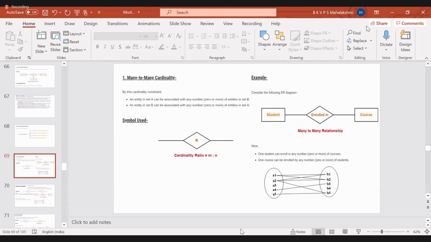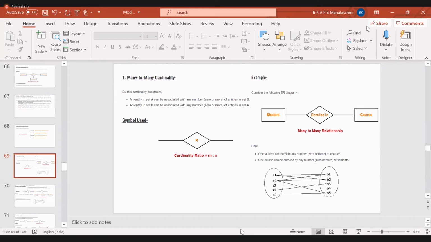So below the relationship we have to mention the cardinality. So this is what, see here, it means that if you consider A1 is a student and these are courses, then A1 is registered for 2 courses. Okay, there is no restriction that if A1 has registered to one particular course, then A2 should not register. No, it is not like that, because it is many to many cardinality.